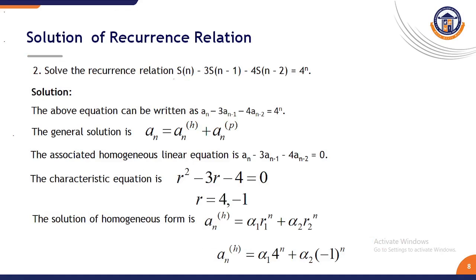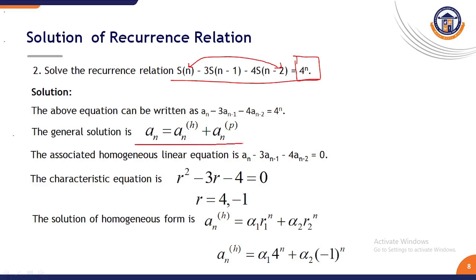Solve the recurrence relation s of n minus 3 into s of n minus 1 minus 4 into s of n minus 2 equal to 4 power n. It is also a second order equation, since the difference between these two terms is 2. So it is of second order. Also the right side term contains an f of n form. So it is a linear non-homogeneous difference equation. This type of equation